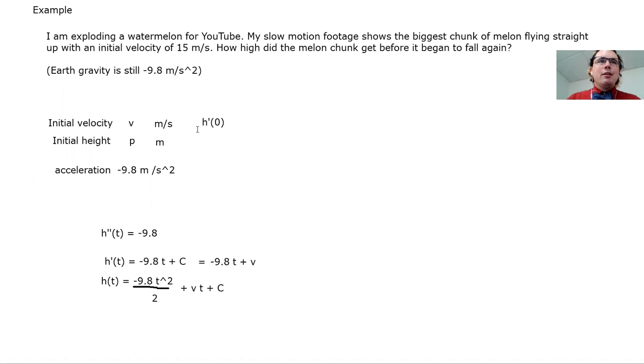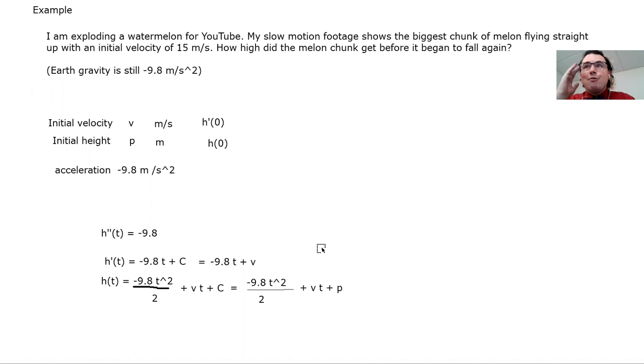What number do I put in here? Well, my h of 0 is supposed to be whatever number p is. If I put t equals 0 in here, the only way that works out is if this is exactly negative 9.8 t squared, all divided by 2, plus vt plus my initial position p. So this